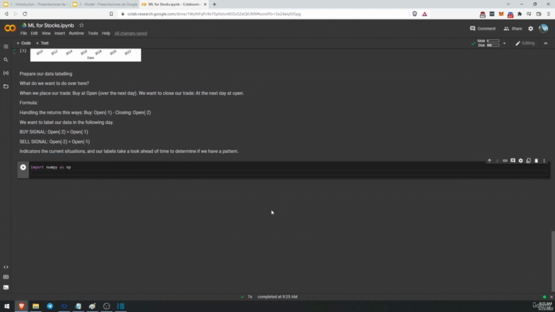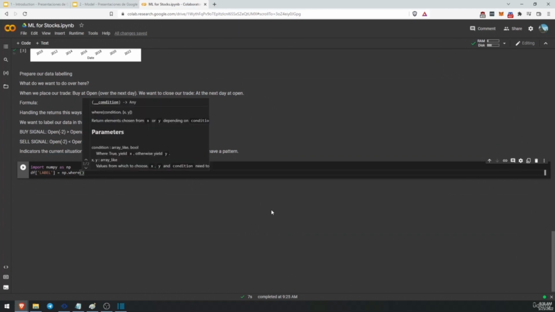And we want to create a new column in our data frame called label. Our label is going to consist of a numpy.where. This is some kind of an if statement. If a certain condition is true, we are going to set the determined value. If not, we are going to set another value. So numpy.where